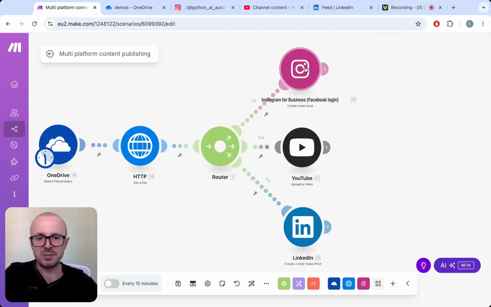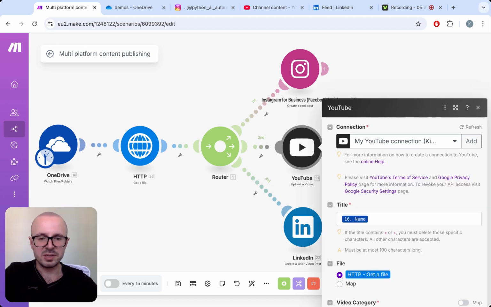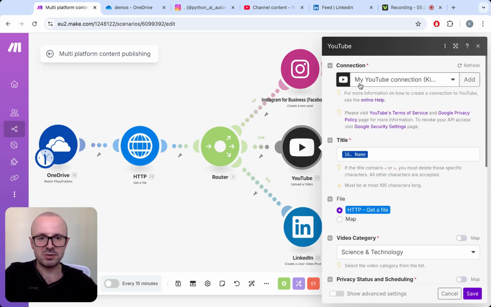Once we have set up our Instagram for Business component, the second component in the pipeline is about publishing a video to YouTube. So again, what you need to do is create a connection by clicking on the add button, and then you need to link your Google account to Make.com. Once you've done this,